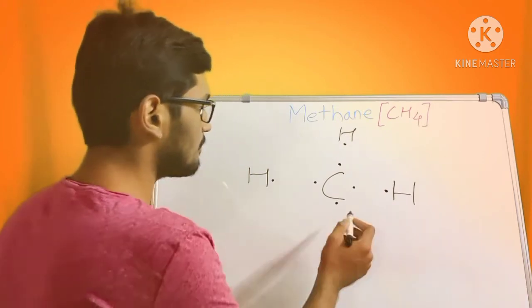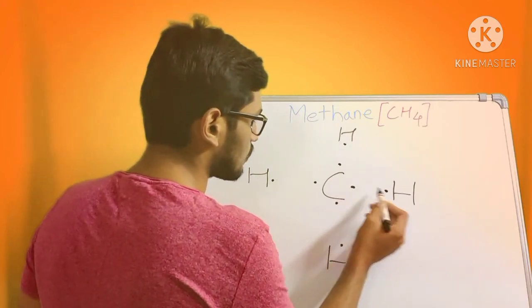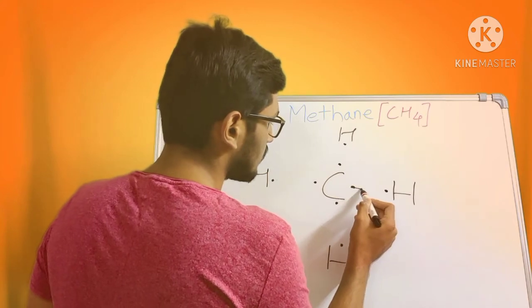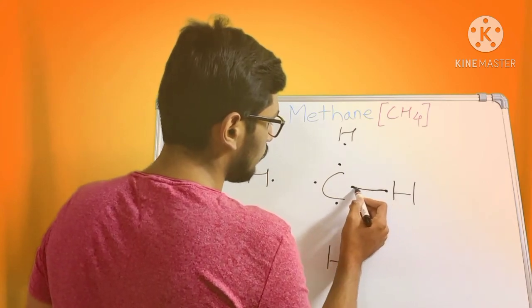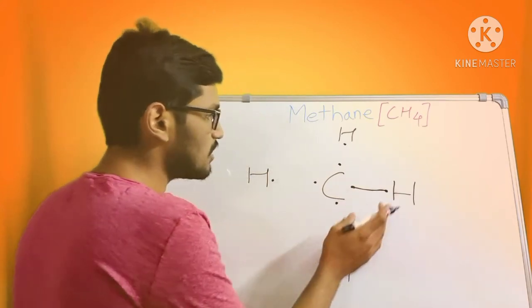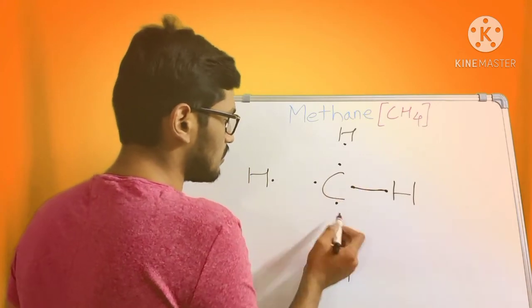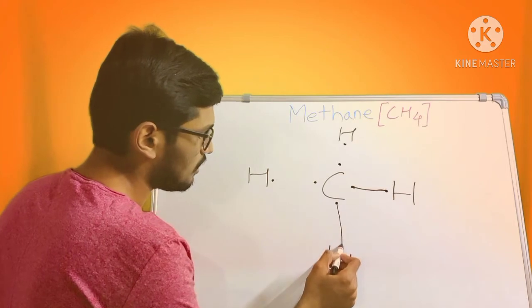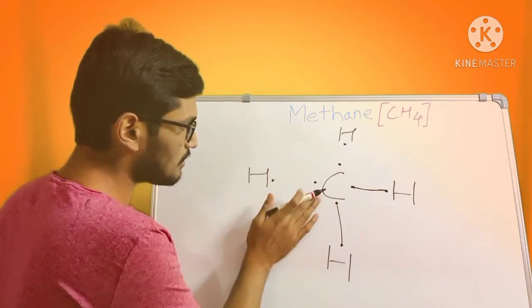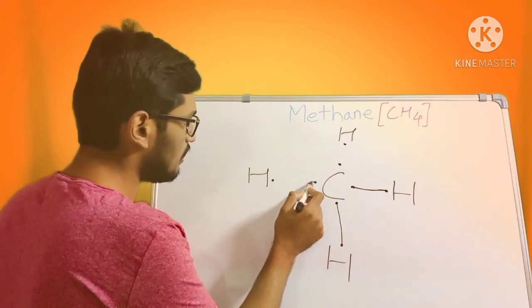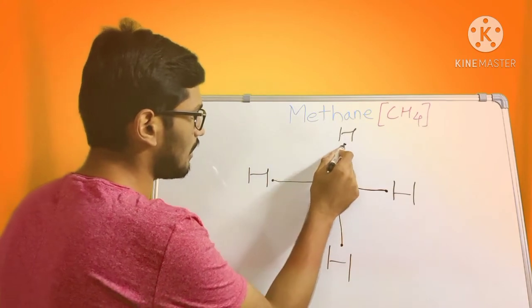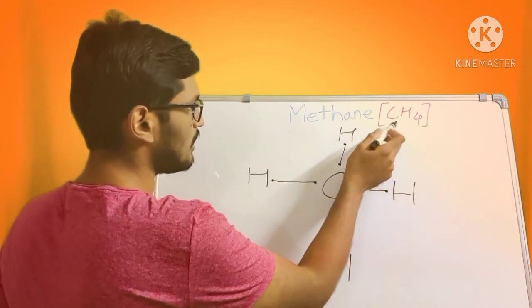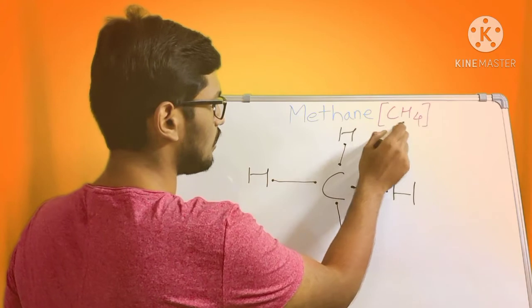So let's see, this carbon valence electron and this hydrogen electron combines together and forms a covalent bond. That means mutual sharing between this carbon and hydrogen. And the same goes with other 3 carbon and hydrogens. Here also there is the same carbon is attached to this hydrogen. There are different hydrogens but only a single carbon. That is why it is only CH4 but not C4H4.